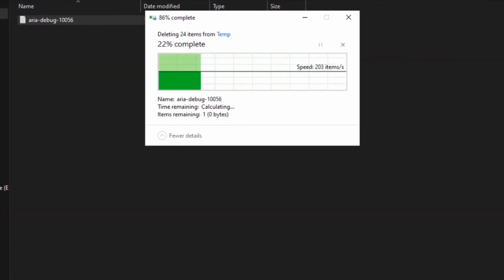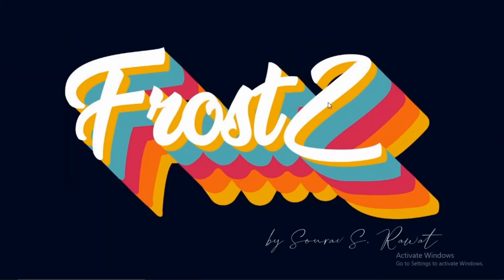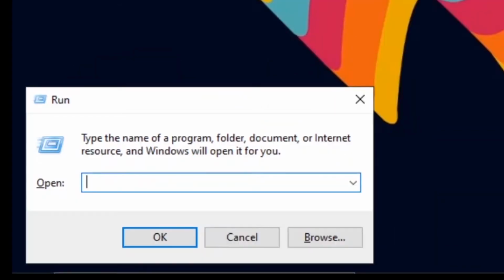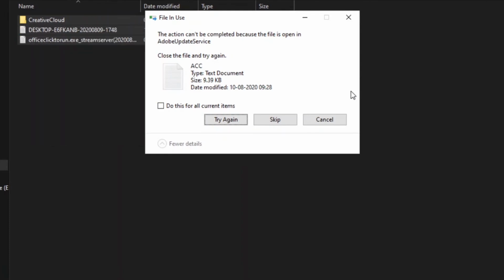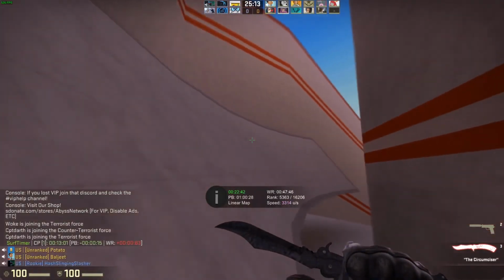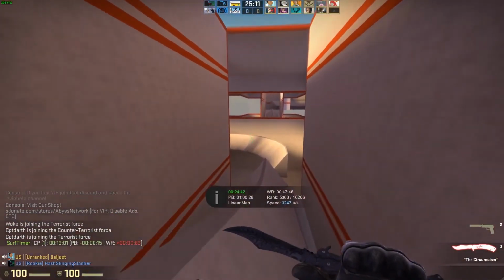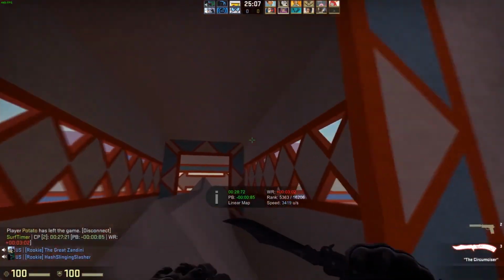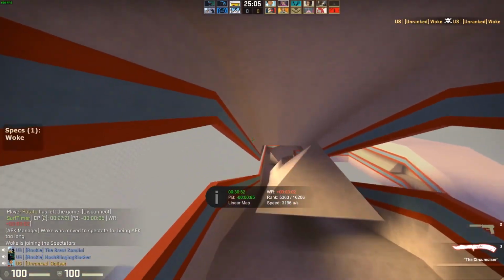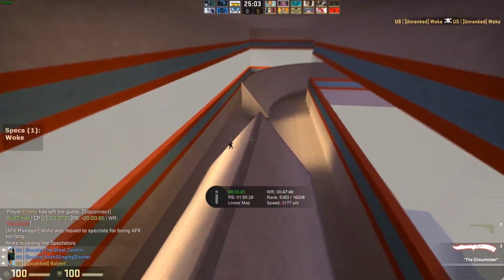Removing your temporary files is going to get your CPU rid of some clutter and also give your CPU some breathing room. Type in temp, just temp without any percentage sign. All this is given below in the description, and delete everything from here. So that is what you can do and how you can clean your PC up. This is also going to help you improve your gaming FPS by a lot if you're doing it properly. But the major things that are done